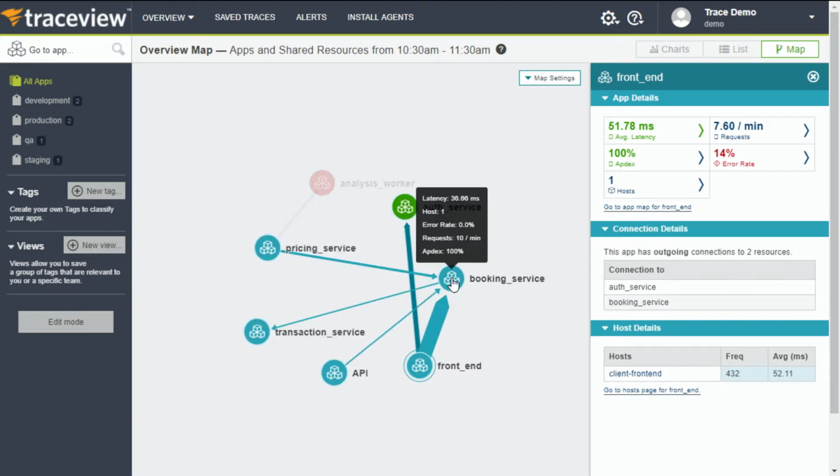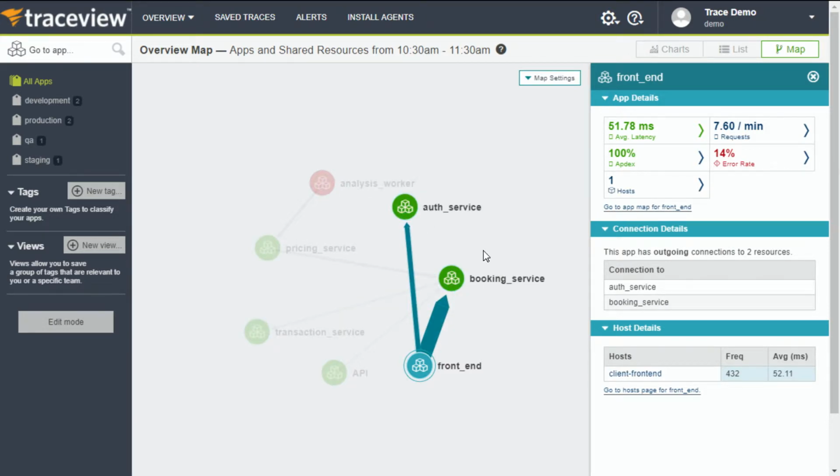It talks to a booking service and an auth service. Each one of those might have more dependencies, talk to different pieces of infrastructure, and so on. Excellent. So after discovery, you get a topology map of all the interdependencies within your app. Exactly, and so we can start to see things like, when users are logging in, it's making requests to the auth service. There's a lot of requests to the booking service. That's good. Comparably fewer ones from the booking service to the transaction service, but that's how we make our money,